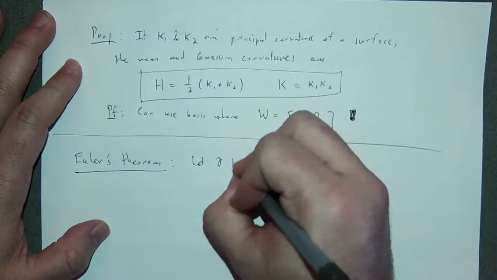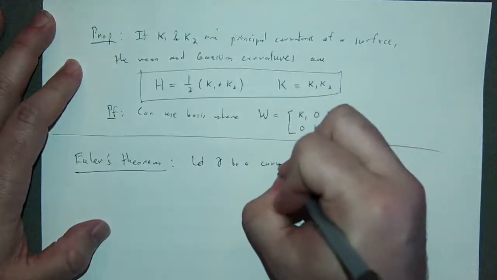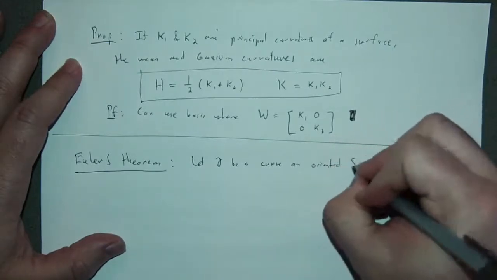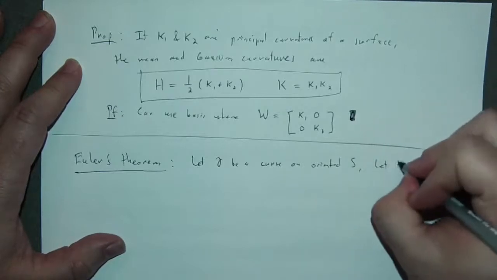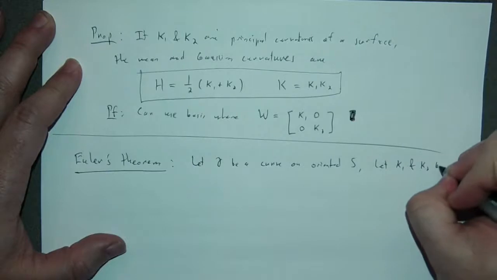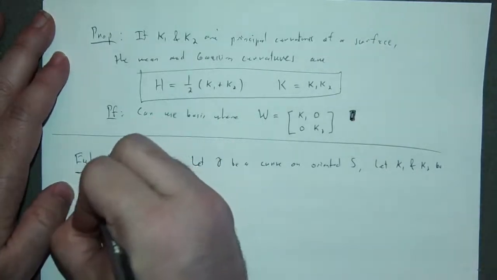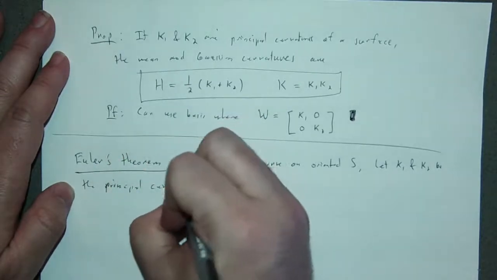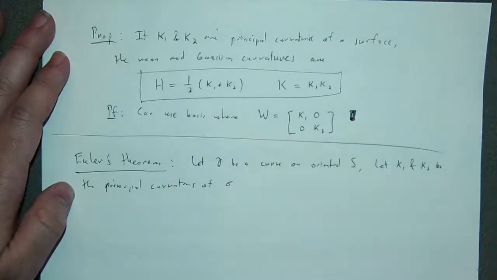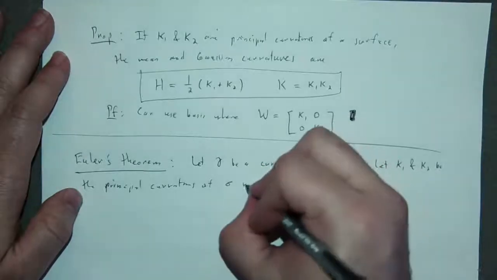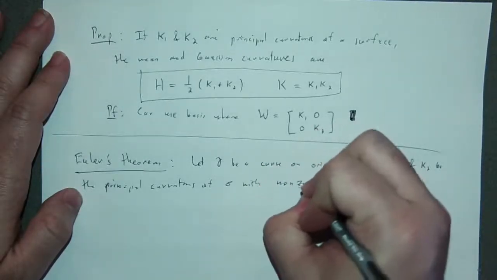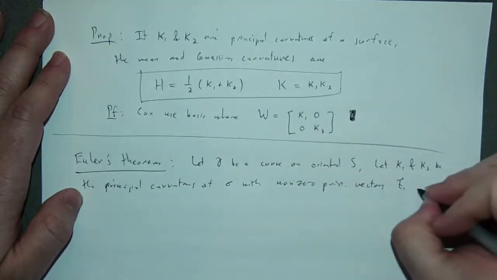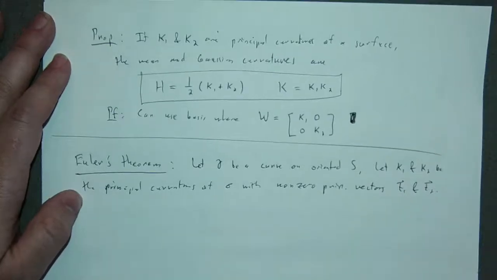All right, so let gamma be a curve. We can, of course, assume that this is a unit speed curve, but let's say it's just a curve on an oriented surface S, and let kappa sub 1 and kappa sub 2 be the principal curvatures of, we'll say we're dealing with a surface patch sigma, with non-zero principal vectors, say t sub 1 and t sub 2. Then